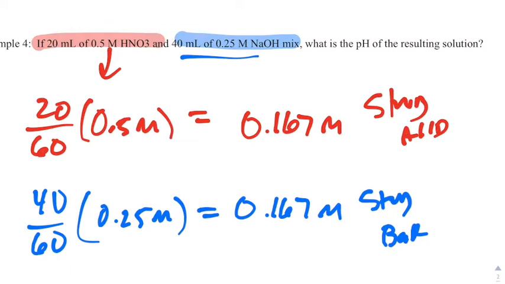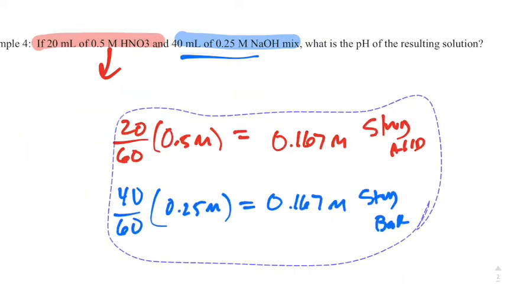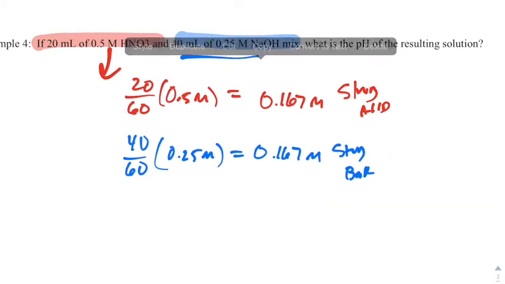So, because I have equal amounts of strong acid and strong base, they are going to completely neutralize each other, and you are going to be left with none in your overall solution, which is technically not true. You're going to end up with 1 times 10 to the negative 7th. So again, if you set up an ice table,